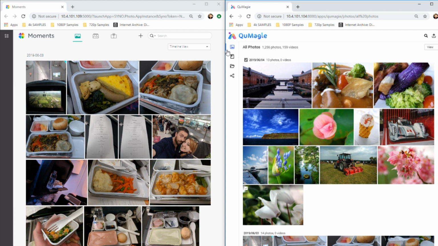Now, both of these applications are designed for you to have loads and loads of photos on your NAS and then be able to catalog them with facial recognition and AI deep learning to enable thing recognition. What that means in real terms is the ability to see things like trees, food, houses, subjects effectively, and therefore when you're searching for photos in a business or personal way, you can find photos without having to worry about